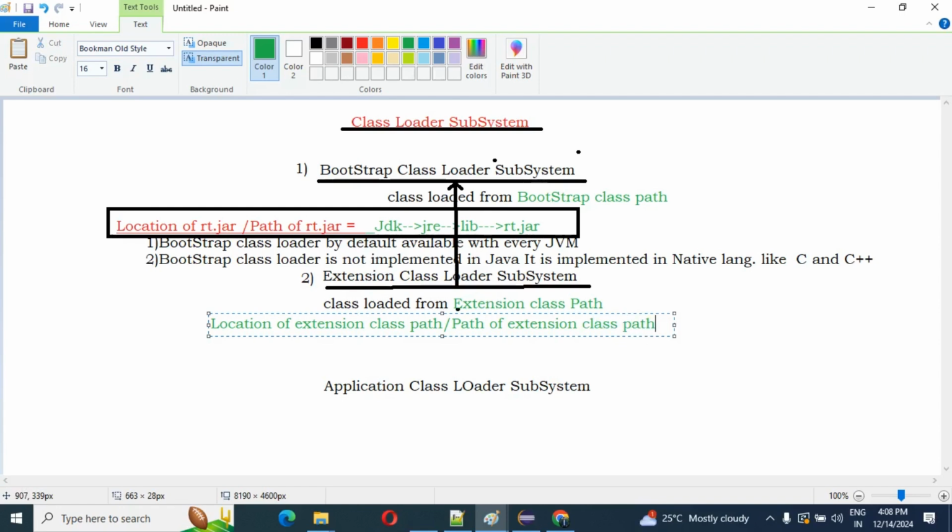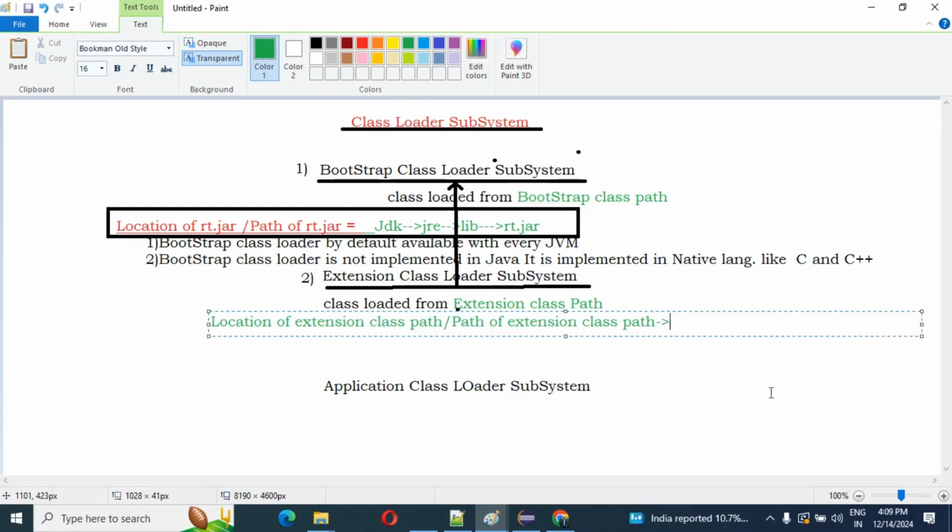That is important, right? So guys, I am telling you the path for finding the extension class loader. You will have JDK, then JRE, correct?